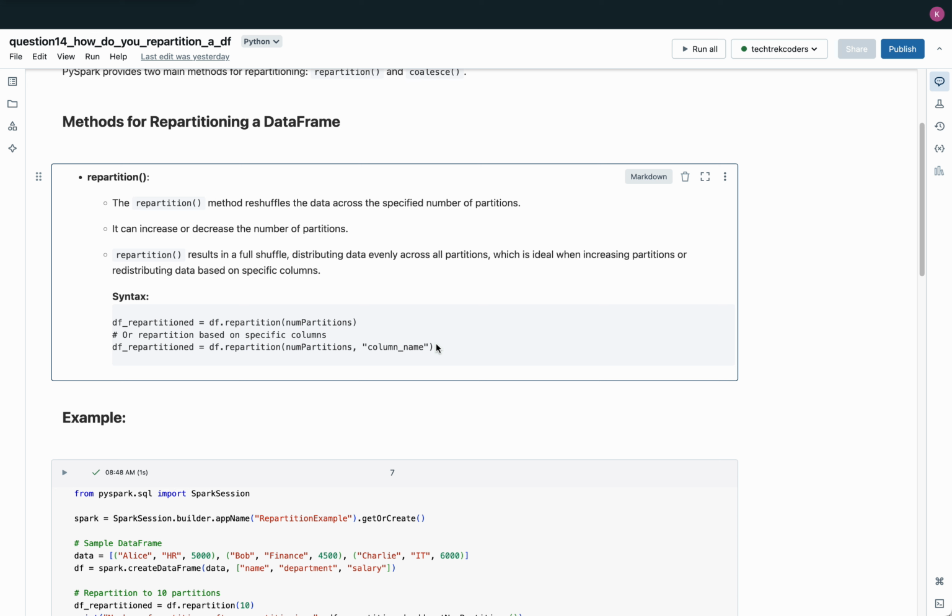Overall, repartition is a flexible and essential method for fine-tuning data distribution across Spark tasks, allowing for efficient parallel processing and optimized performance in distributed applications. Example: